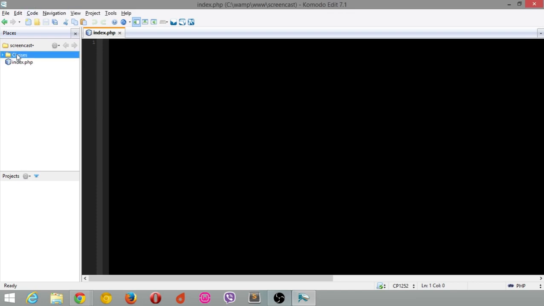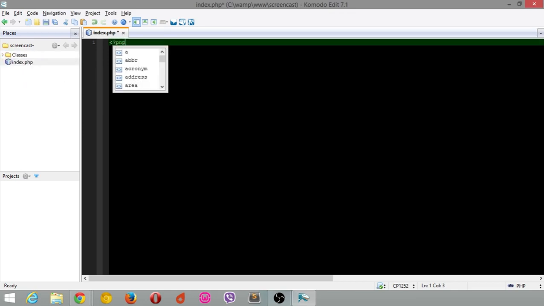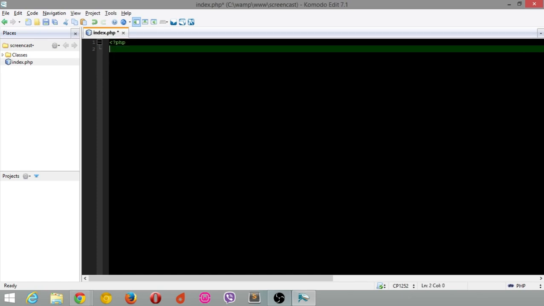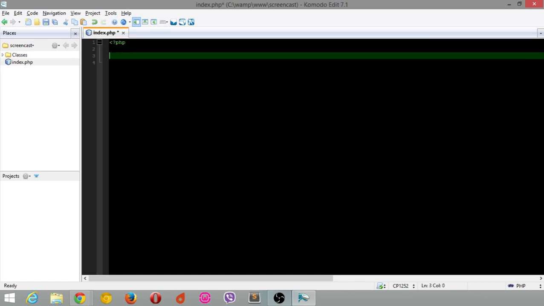And inside here is going to be nothing at the moment. So we have our index.php, and in our index, just open the tag, just because it's always a good idea. So literally, I have a full-on empty PHP file, and nothing else so far,